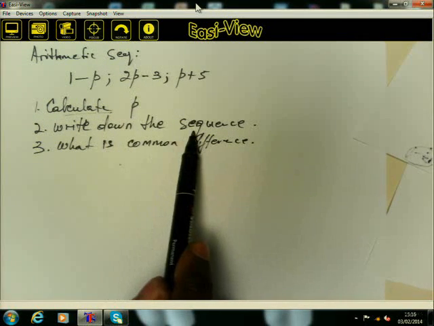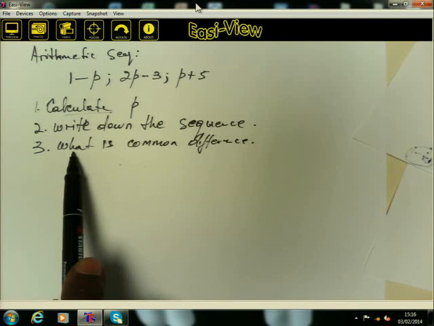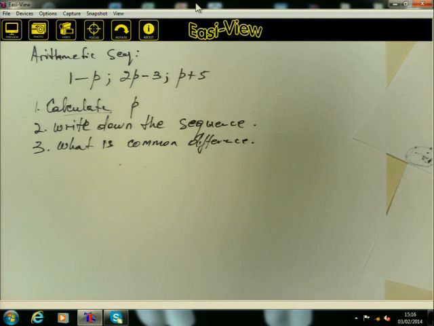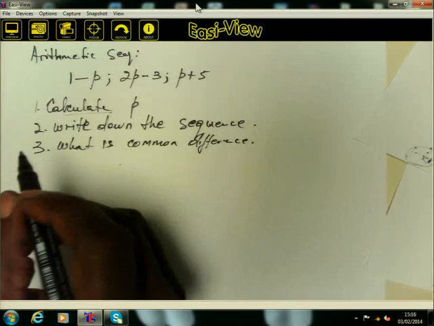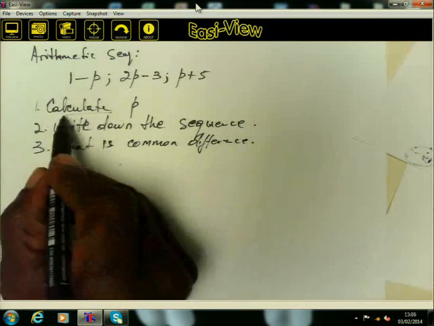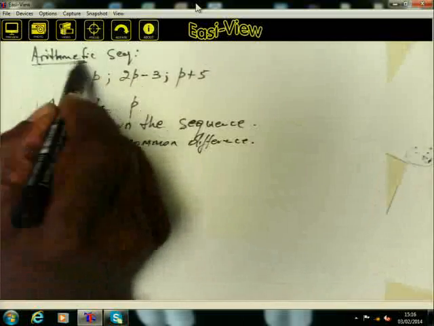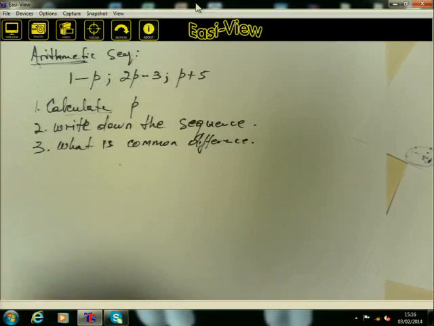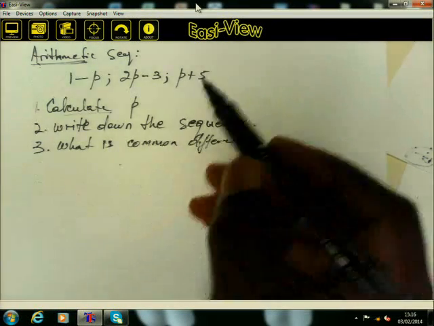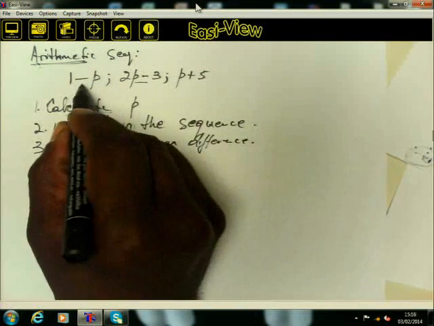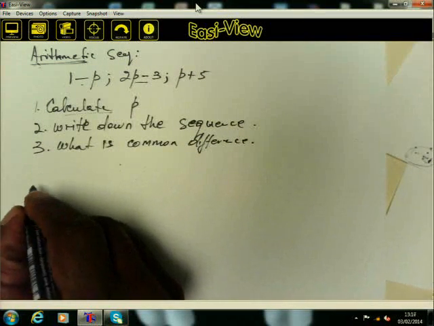We need to write down the sequence. We need to look at the common difference once more, and then we can quickly calculate p. What do we know about an arithmetic sequence? It has a common difference. The common difference is given by the second term minus the first term. In other words, we are going to have